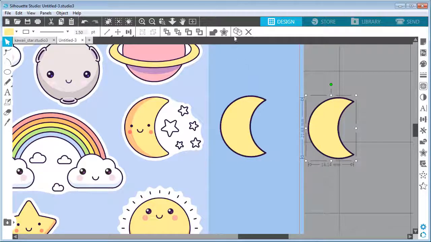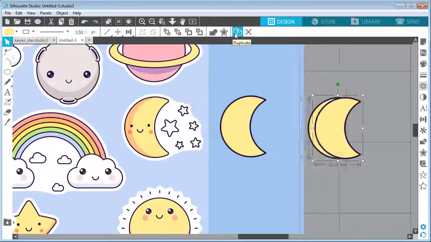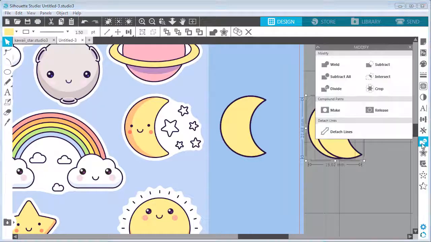For the next copy I will again use this duplicate button on the toolbar, because this moves the shapes to the right side. Again, exactly what I want, but I will probably move it just a little bit more using the right arrow key on my keyboard. Again, select both shapes, and in the modify panel again I will click subtract, which will give me this shape